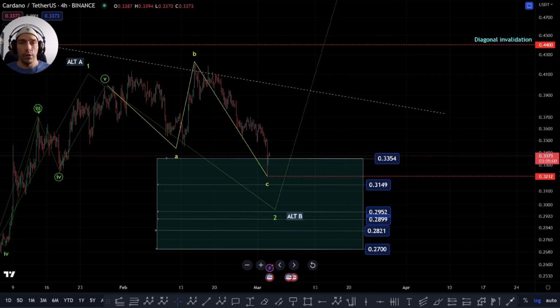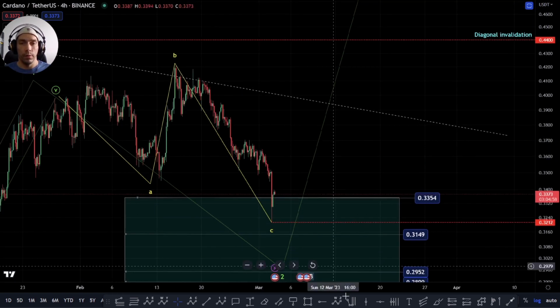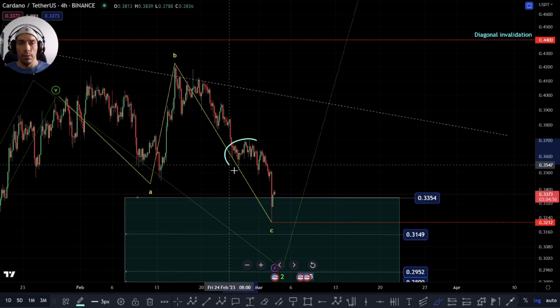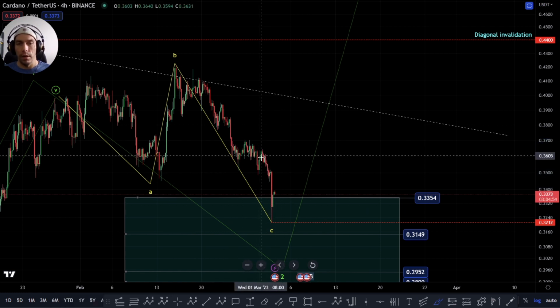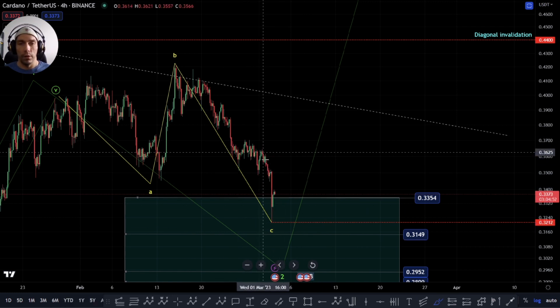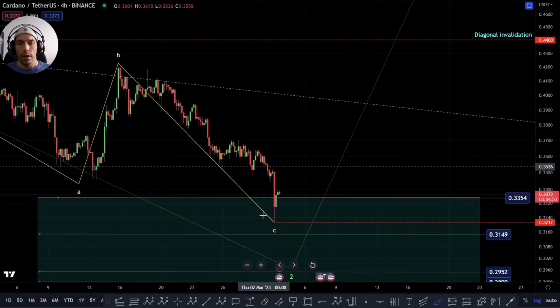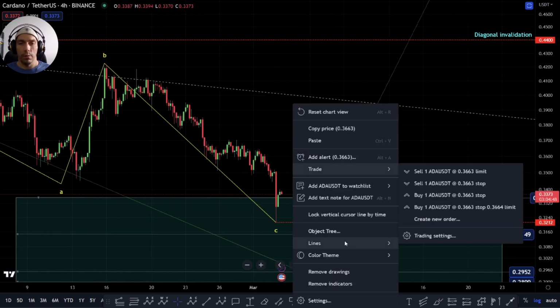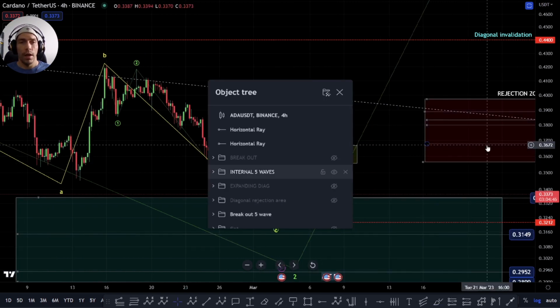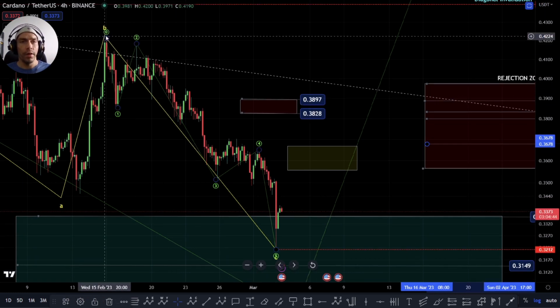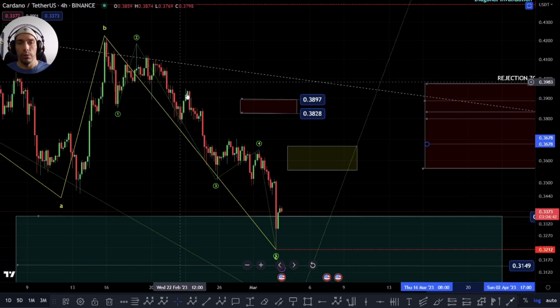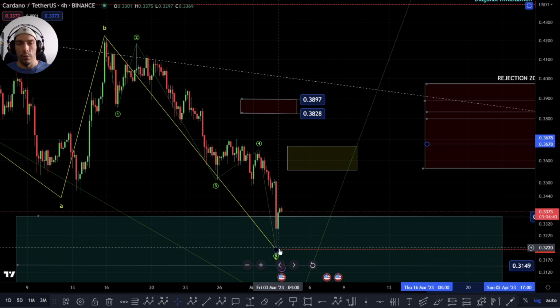So within this structure here, yesterday we were talking about this when we were in this area here, and we were talking about that possibility of having an additional fifth wave to the downside. So for the most part, we can argue that this is completed, and I'm going to throw that wave count on now for a second. And we're looking at this like this, where this becomes a 1, 2, looking at this as a 3, a 4, and then looking at this possibility for this to be a fifth wave.